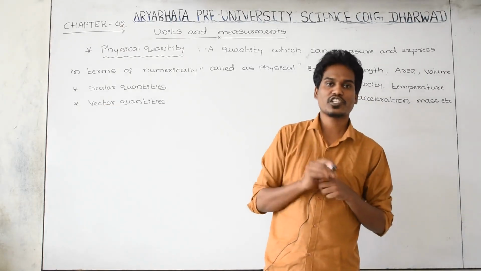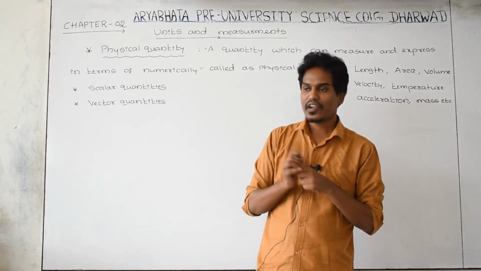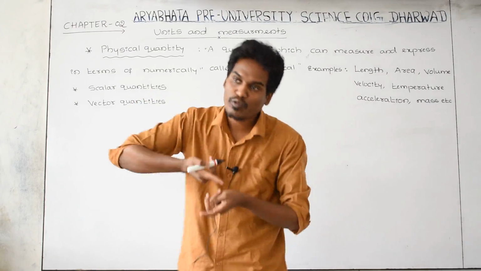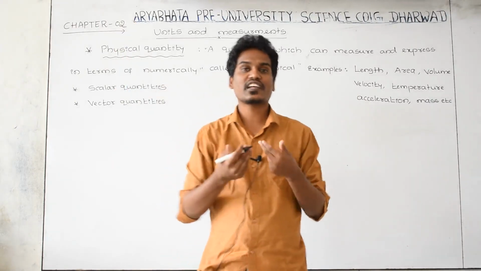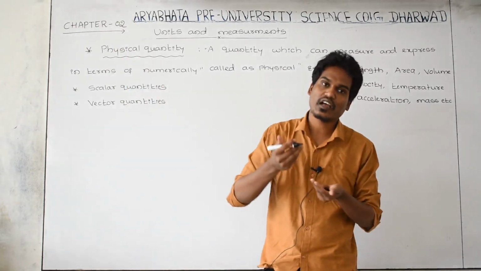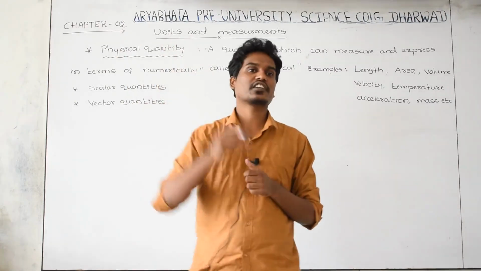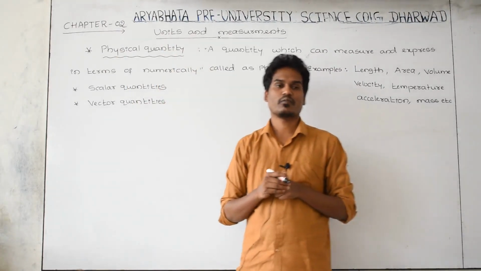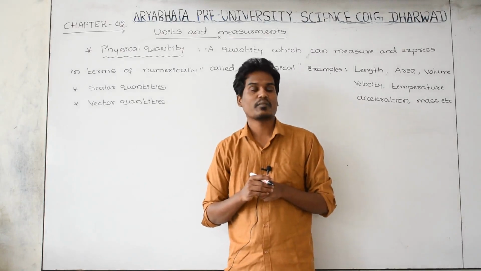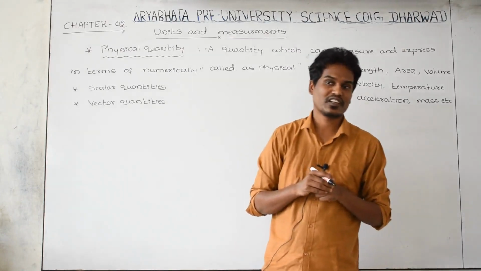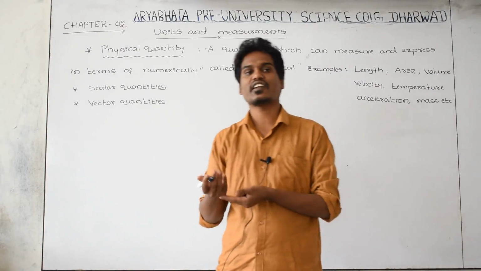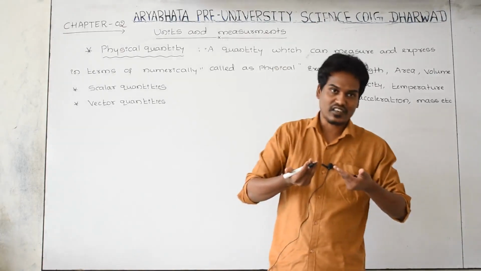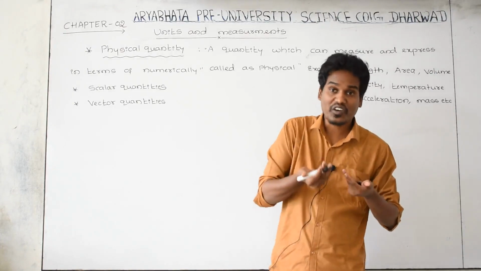For example, force is there. If I push the object, it is moving in this direction. In whichever direction you are applying the force, the object moves in that direction. Therefore force is which quantity? Vector quantity. But mass is there. The mass is equal to 10 kg. Does the mass have a direction? It does not have a direction. It has only magnitude. Magnitude means how much it is. Number, that is a magnitude.